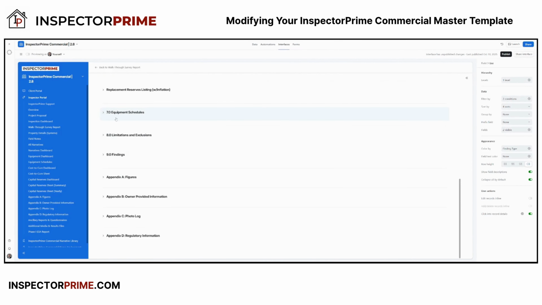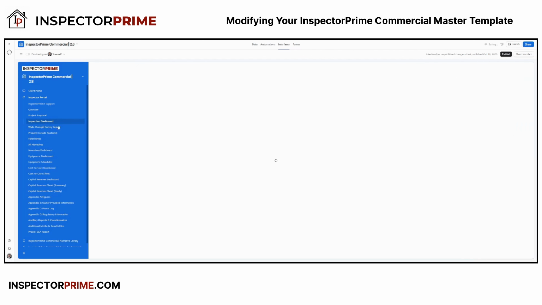Well, what we do is we're going to go, again, inside of our inspector portal, and this is done whether you're on a desktop, laptop, tablet, or mobile phone. Desktop, laptop, and tablet look very similar to each other, what you see here. The mobile phone, of course, is more compact and has a slightly different workflow, but it is, for the most part, largely the same. So what we do is we go to our inspection dashboard, and we can see this is real time,